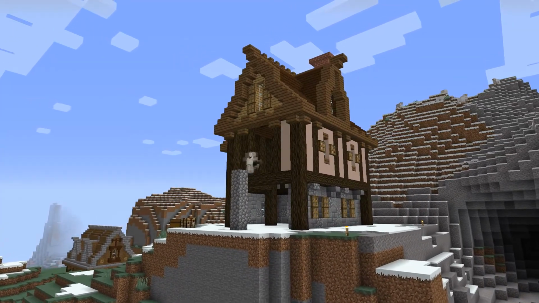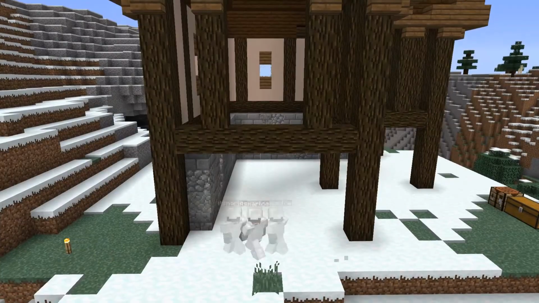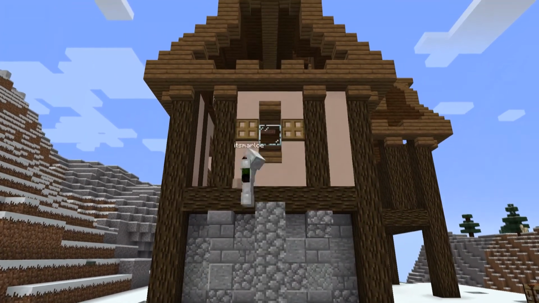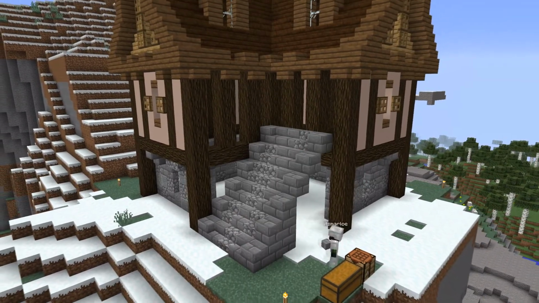So this house actually took quite a while to design in a creative world. The main thing that took the longest was the interior, which I'll show you in a little bit, but I kind of really tried with this house. I try with all my builds, but this one I really wanted to make look good, mainly because it was mine. So I kind of picked apart different features of other medieval houses that I found on Google Images,